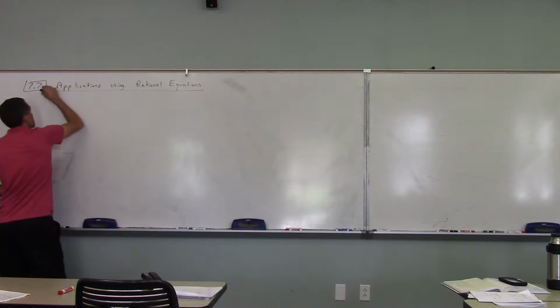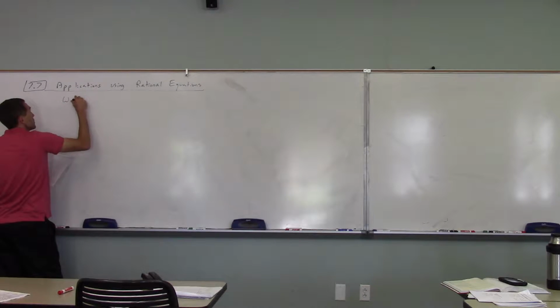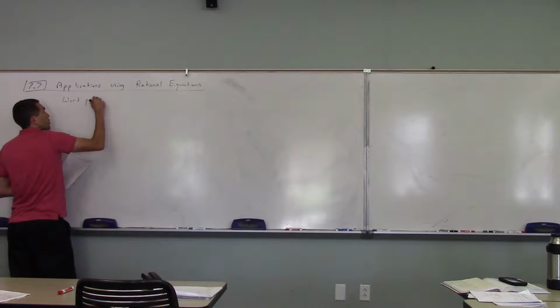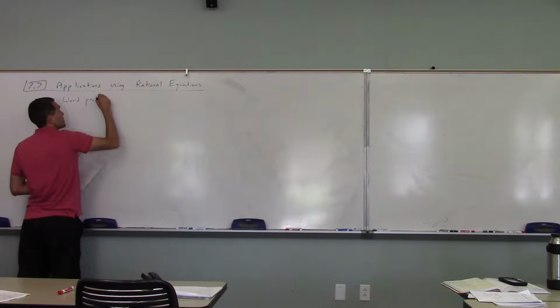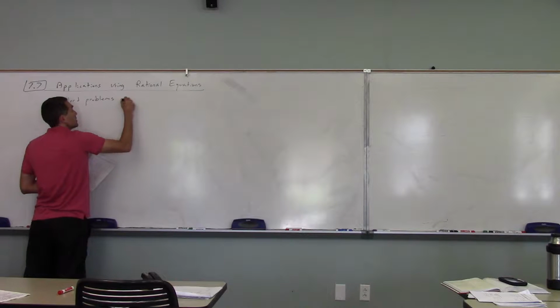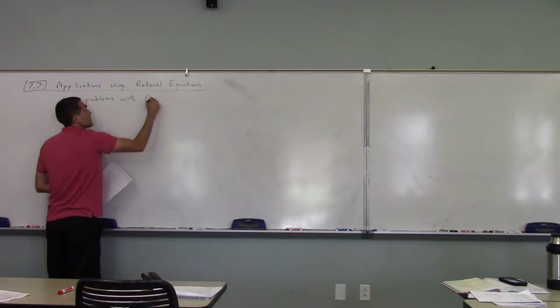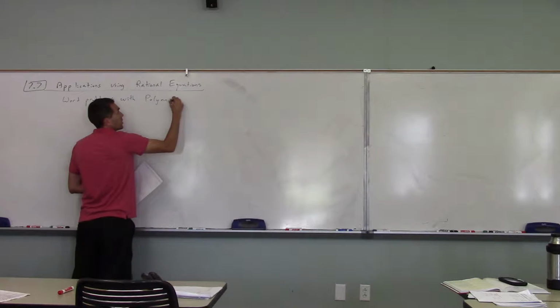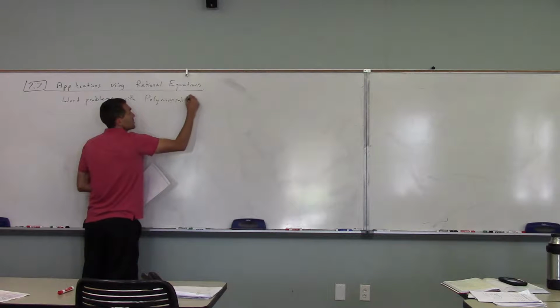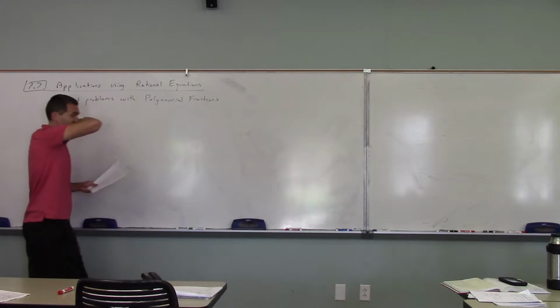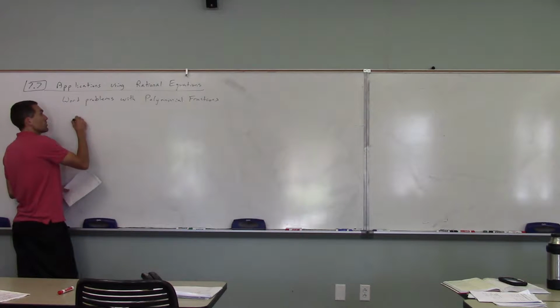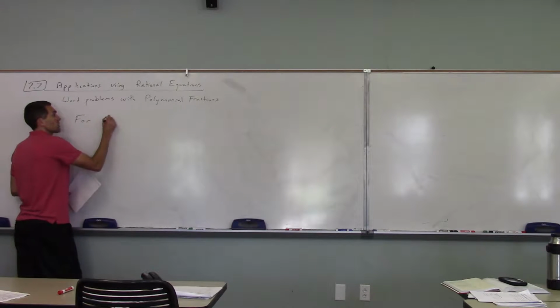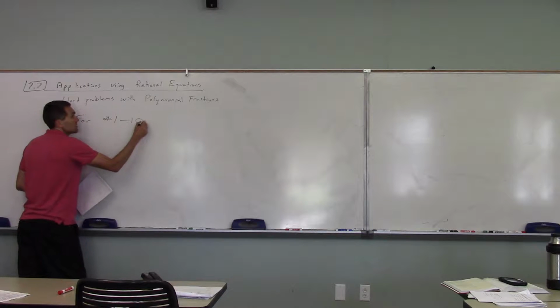In other words, word problems. That's what applications means. With polynomial fractions. Okay, for numbers 1 through 10, which are the big ones we're going to focus on, 10 word problems at the beginning,